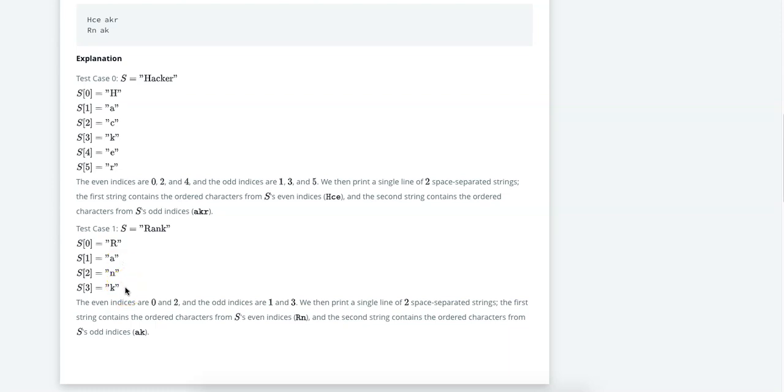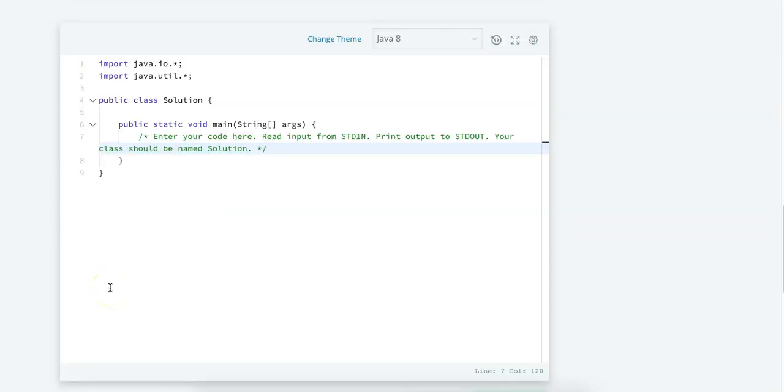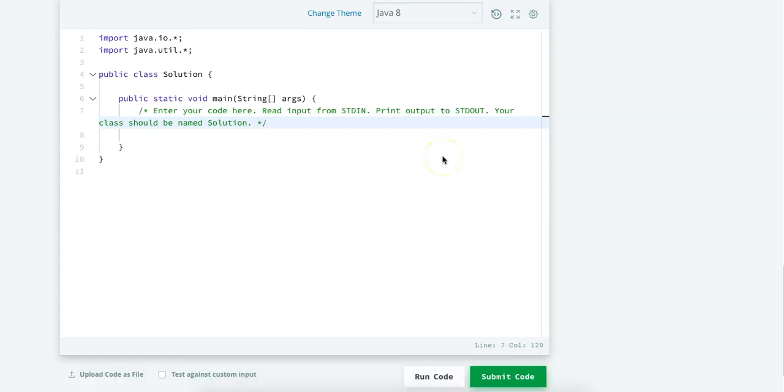So let's solve the problem. As you can see, guys, here we have to write the complete code from the start by ourselves, and there is no boilerplate code given in this problem. As the name suggests, the problem is a revision of the work we have done till now. So let's start. We can approach this problem in many ways.